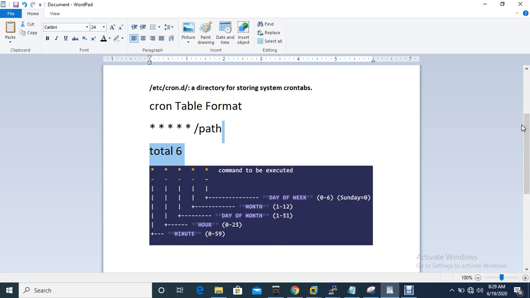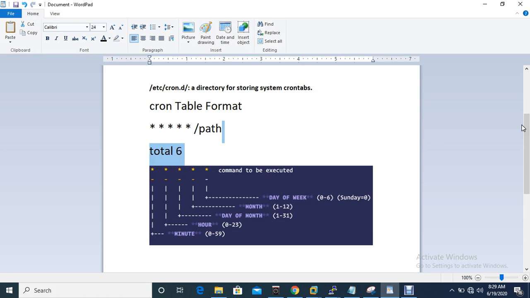First is minutes, second is hour, third is day of month, fourth is month, fifth is day of week, and the last, sixth, is the command to execute, meaning which program you want to execute. You have to specify the path.